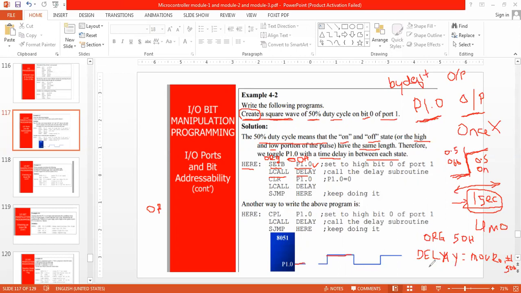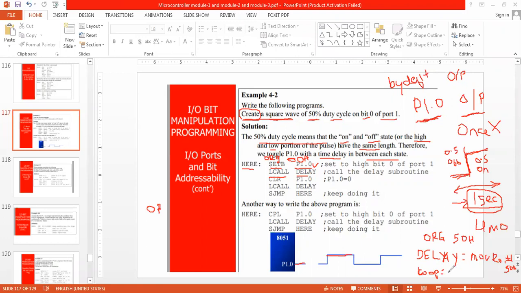And then here a label is there. I'll change it to LOOP. This is another label.